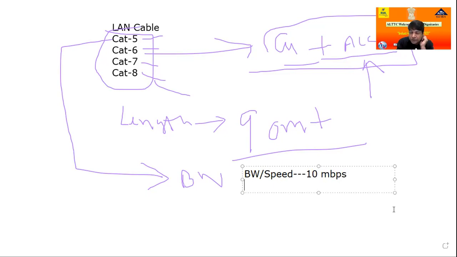Suppose you take 100 Mbps internet service from the ISP, but from the modem to your laptop you connect a Cat5 cable. By default, Cat5 maximum speed is only 10 Mbps, so the 100 Mbps speed you took from the ISP is totally wasted. So as per your bandwidth availability, you can use such types of LAN cable.